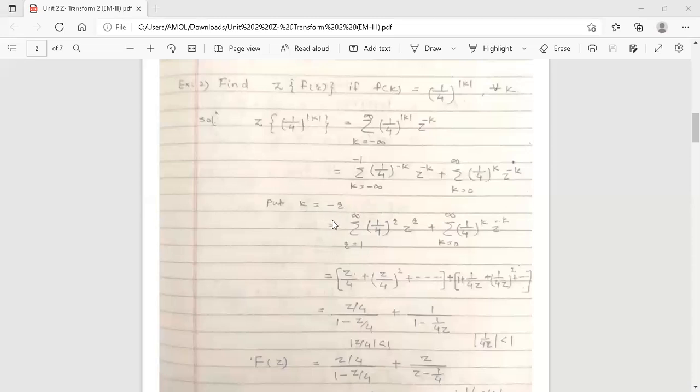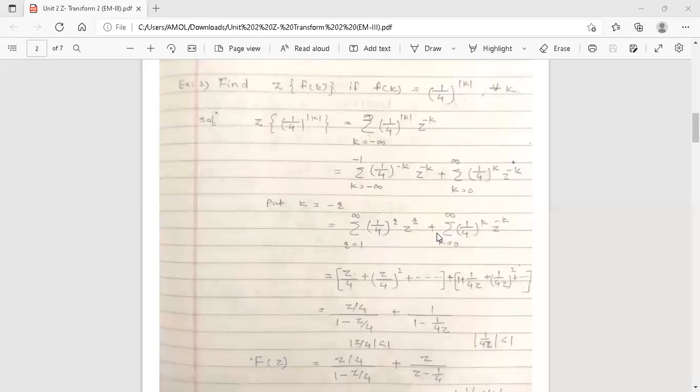So the limits of the first summation change to r is equal to 1 to infinity. And in the summation, the term is 1 by 4 to the power r, because minus k is equal to minus minus r, which is plus, so the power is r. For z raised to minus k, the value of k is minus r, so the power of z is r. So summation r varies from 1 to infinity, 1 by 4 to the power r into z raised to r,